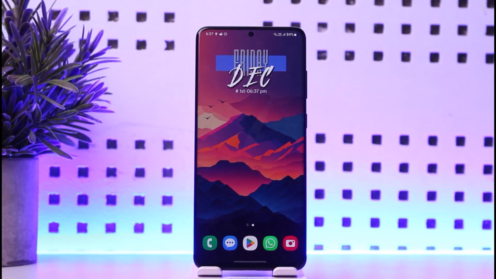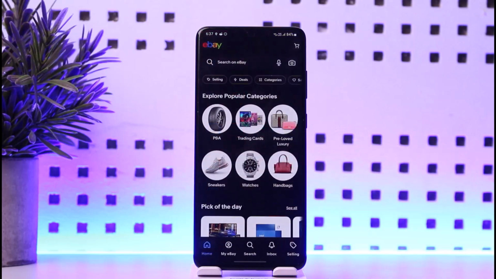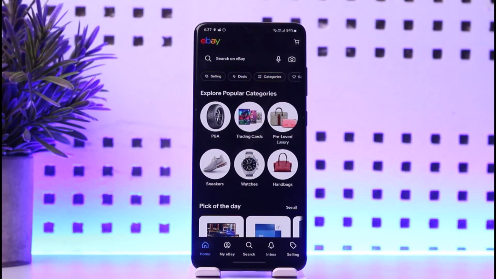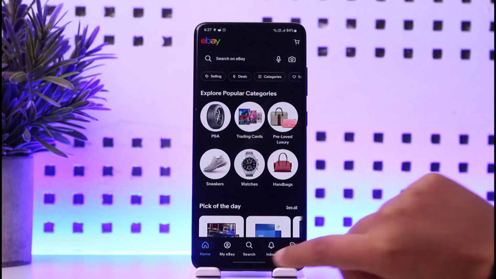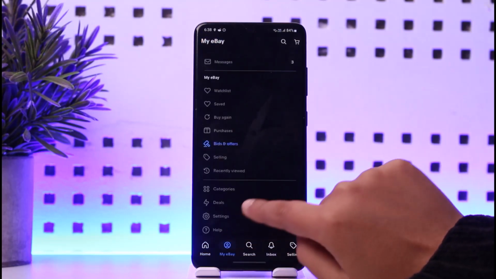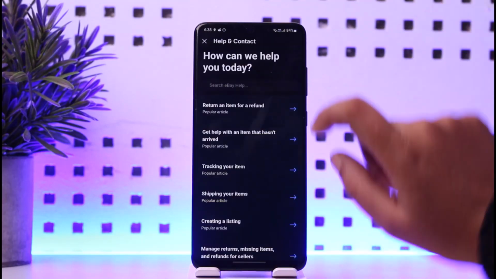For the matter, what we have to do is, first of all, we're gonna access our particular eBay on our mobile phone. And once we have done so, this kind of interface gonna appear, right? So if we would like to simply cancel our particular bid on eBay, what we gotta do, we gotta contact the support. So for that, we're gonna tap on this My eBay option here in this section. We're gonna scroll down and tap on this Help option given below, and here in the section you're gonna find